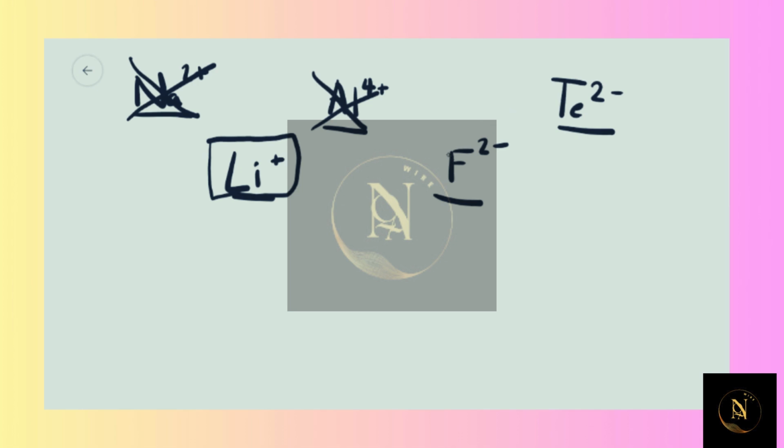All right, now fluorine 2-. So as a halogen, fluorine really wants a complete octet. So it wants to get just 1 more electron to fill its valence shell to get that noble gas configuration. Anything more than that would be thermodynamically unfavored. So having 2 extra electrons on a fluorine would be very unlikely. So I'm just going to eliminate that choice.